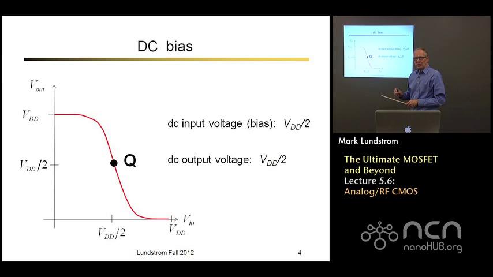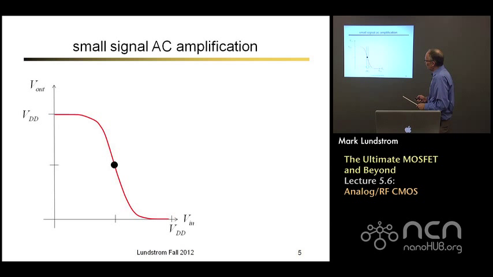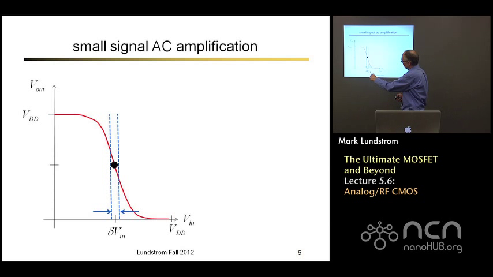Instead of switching the input from 0 to VDD, we're going to bias the input halfway in between, which will bias the output halfway in between. That's a DC bias, and we'll call that Q, the quiescent point. And we're going to keep the DC voltages there. Now what we can do is add to the input a small AC voltage that makes that input voltage get a little bit bigger and a little bit smaller. And as it gets a little bit bigger, we'll have a little bit lower output voltage. And as it gets a little bit smaller, we'll have a little bit bigger output voltage because the gain is